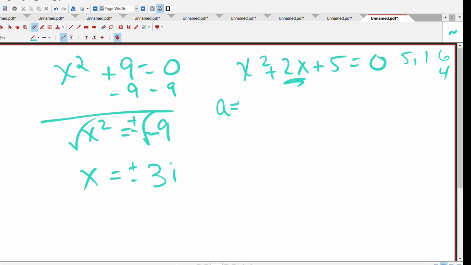I'm going to say a is the number in front of x squared, and if there's nothing there, you put a 1. B is the number in front of x, which is a 2. You have to include the sign in front. And c is a 5. Now,